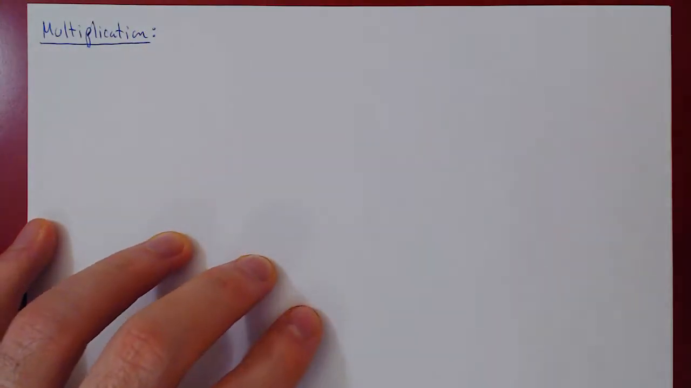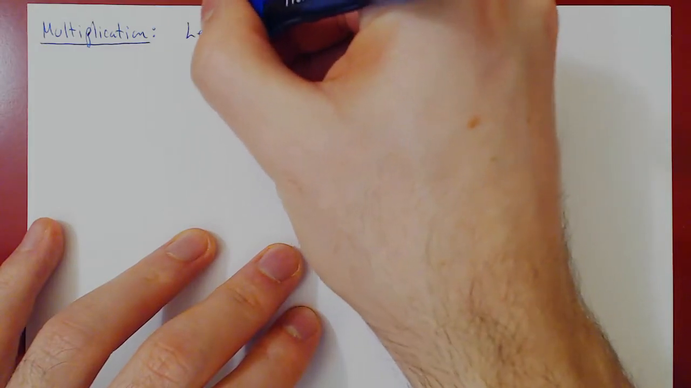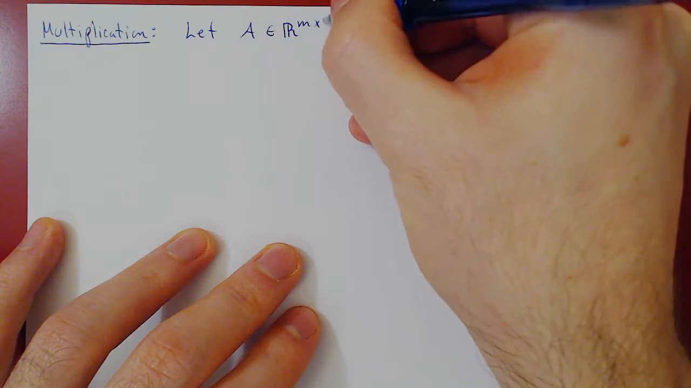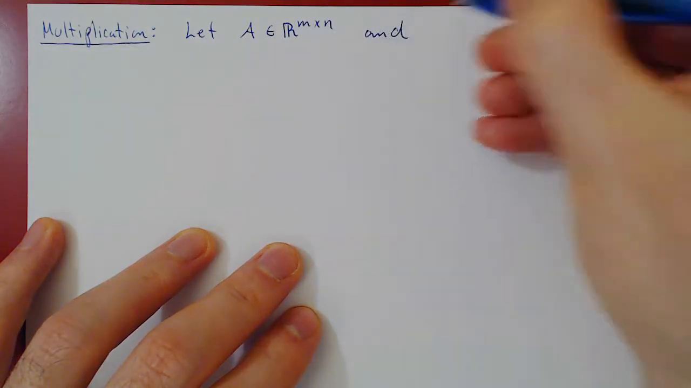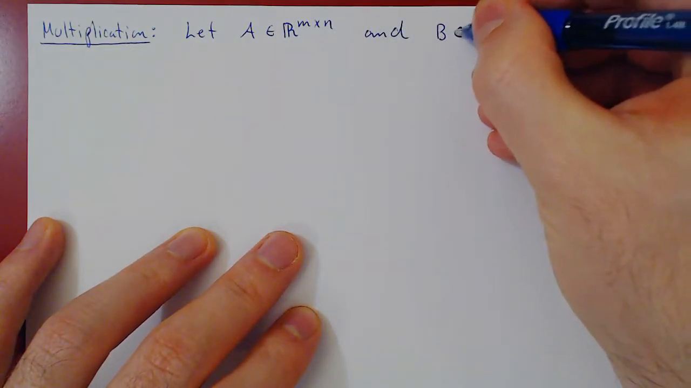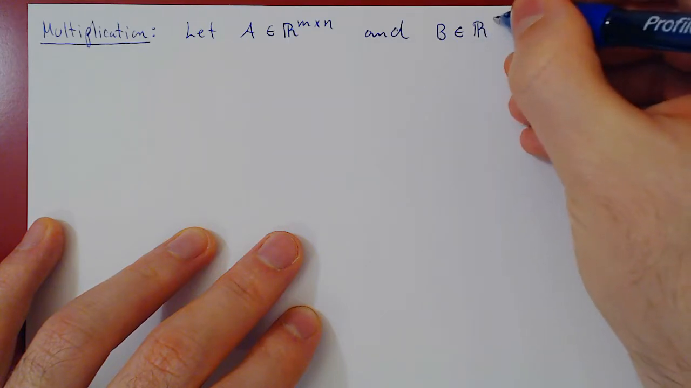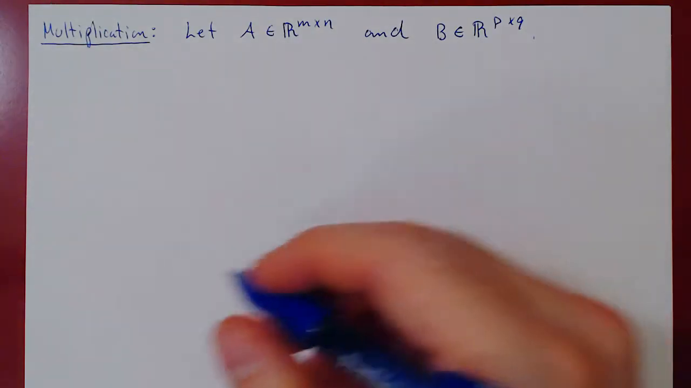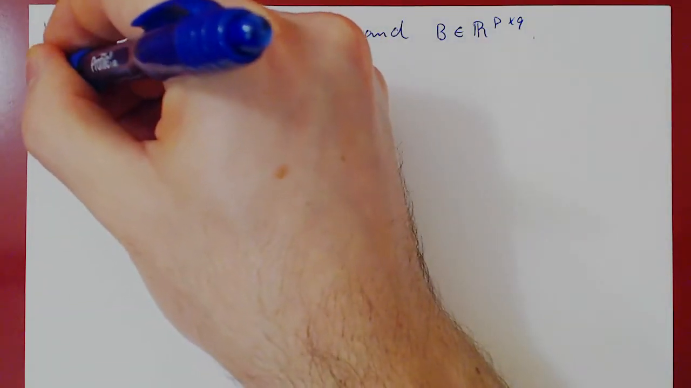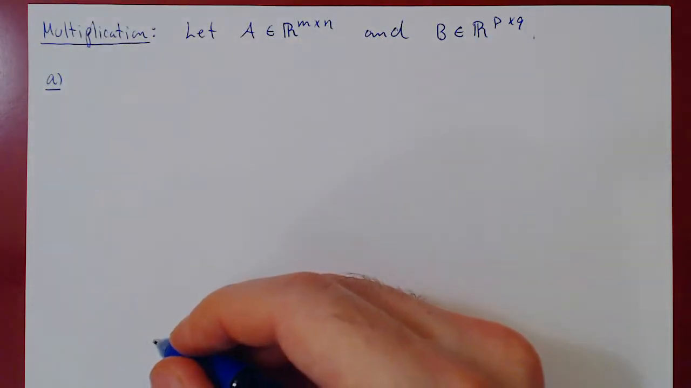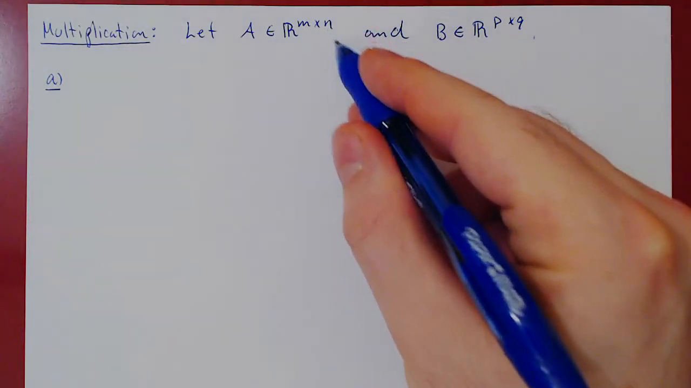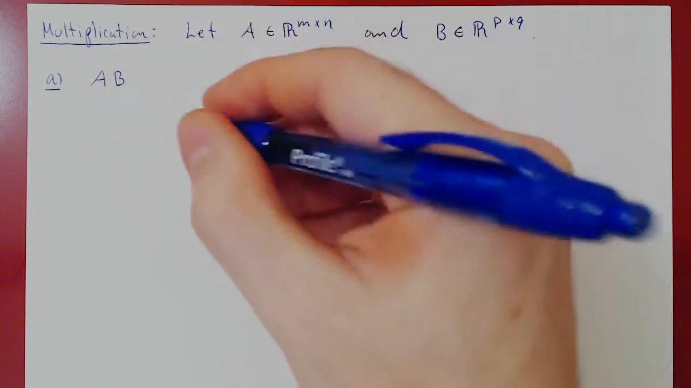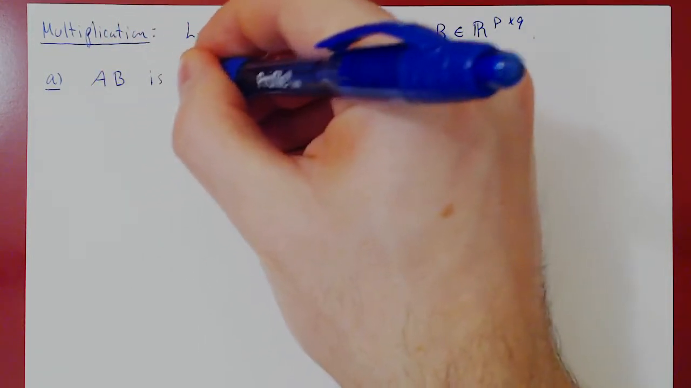So we will take two arbitrary rectangular matrices. Let A be an m by n matrix, and B be, say, a p by q matrix. So we have two rectangular matrices. First part: A and B can only be multiplied if n equals p. So A times B is defined